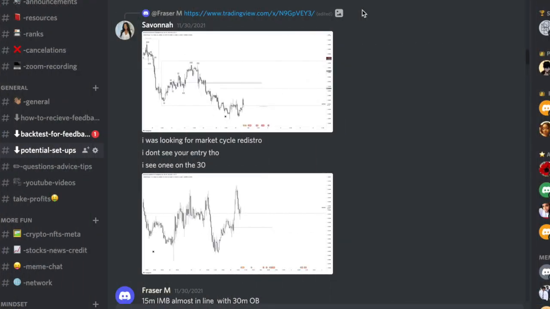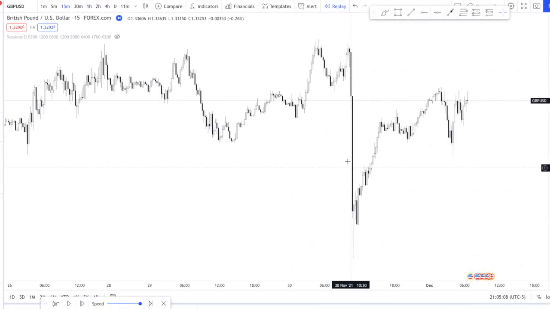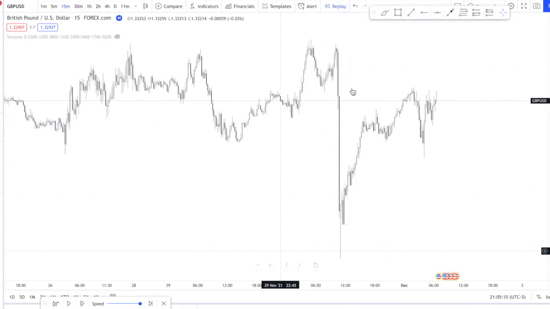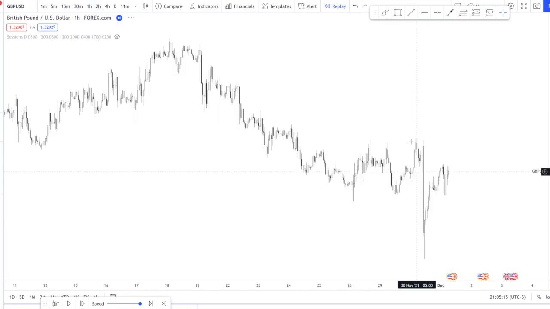So this is the setup, as you guys can see, on November 30th, that I was originally looking at GU. And right now I'm in replay mode because I'm going to show you guys an example, but it did come to my exact point of interest. So I'm going to show you guys through several time frames how we got there,